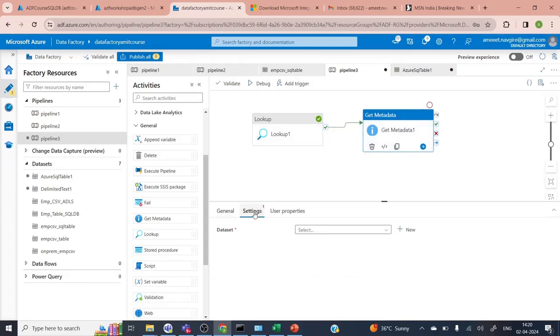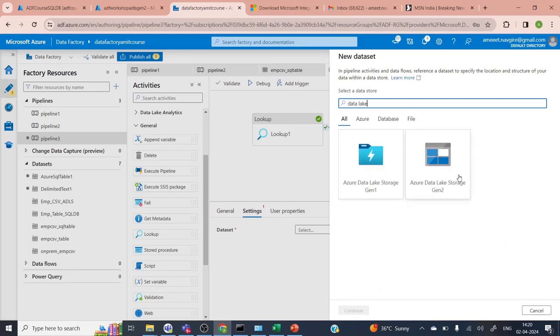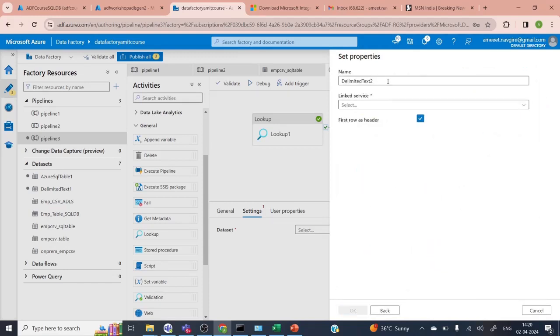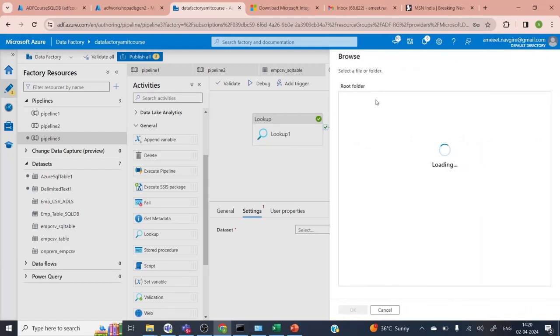So over here, again, you have a settings option. Again, it's asking for a data set. Okay, so let's create a data set. Let's create a data set for our data lake Gen 2. Click continue. CSV file I've selected, click continue, and link service. Okay, I've selected it. Browse, and